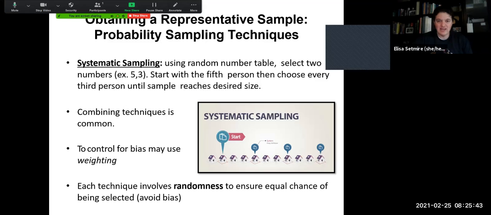When everybody has an equal chance, the population is much more represented, right? And it is a little bit less biased, and we can call it a probability or a random sample. That's really, really important for being able to generalize information. When a sample is biased, the information that we get from it may or may not be all that meaningful. So it's very important to have that element of randomness to help us avoid bias.